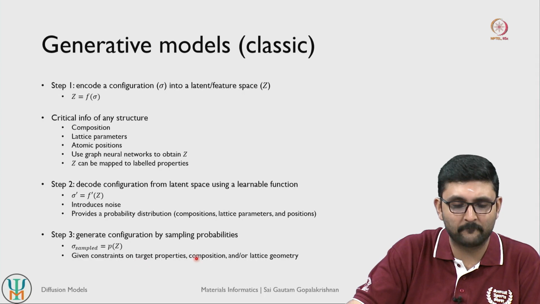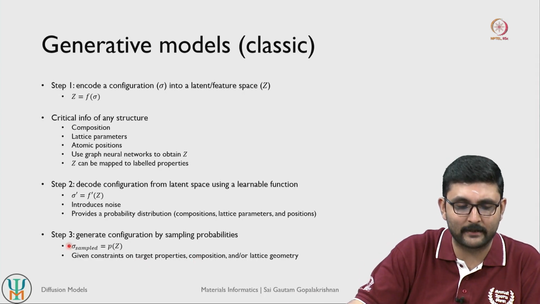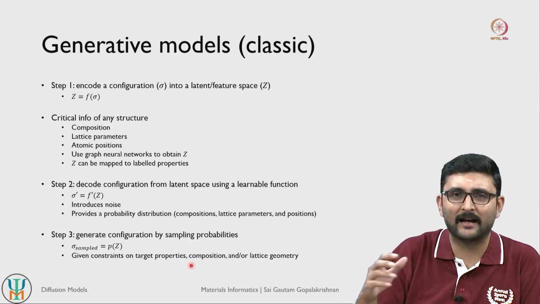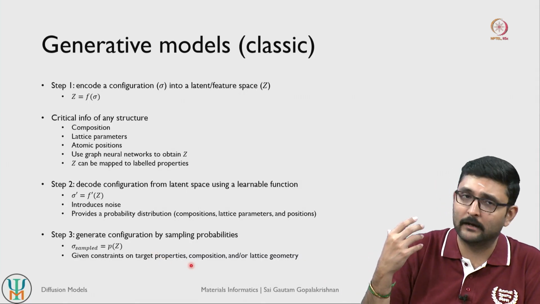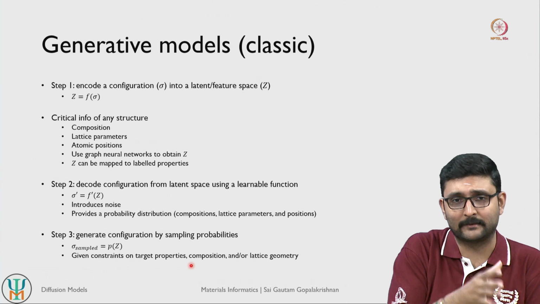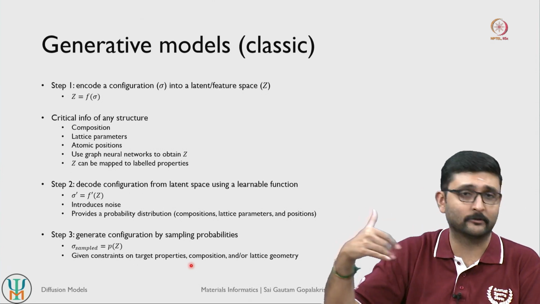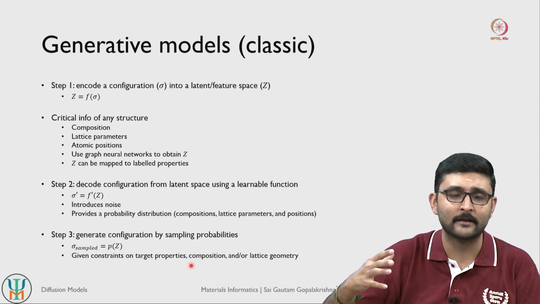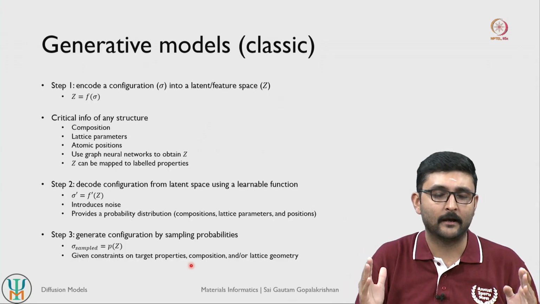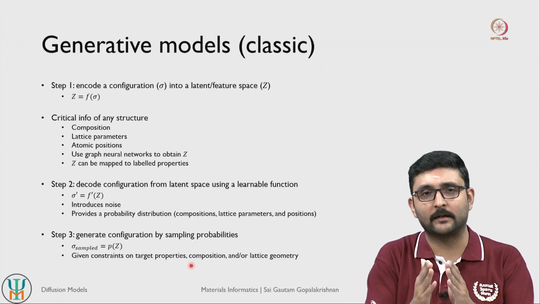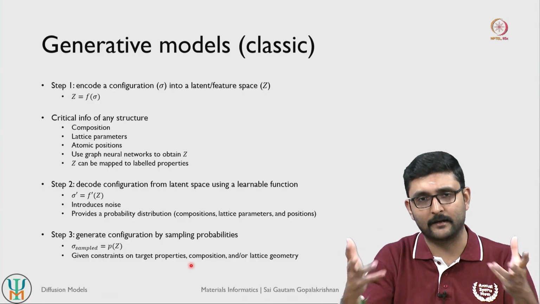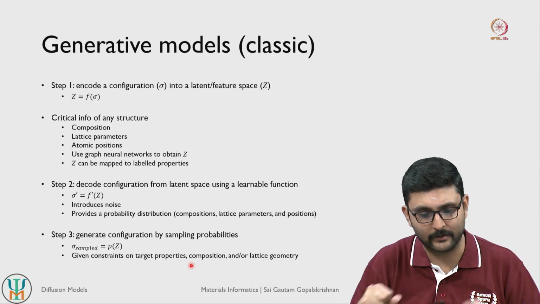So we basically sample a few configurations that satisfy the embeddings, which are then mapped to whatever target properties we want. And while sampling or generating structures, we can also provide additional constraints. We can say that we would like a semiconductor with this band gap but also with this composition. These additional constraints reduce the number of structures that your model will actually generate for a given target embedding.